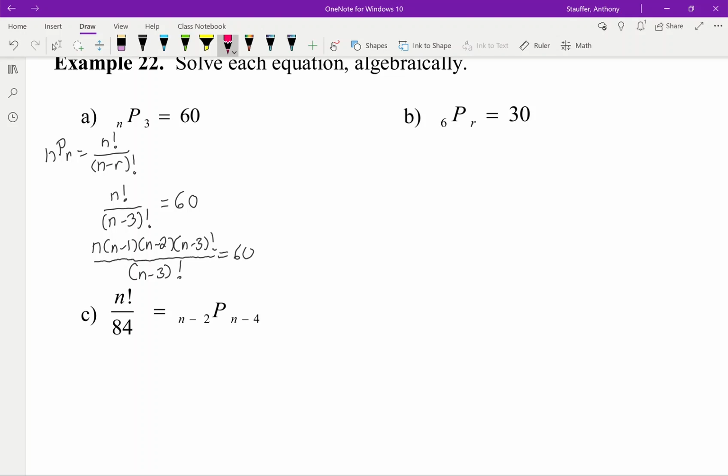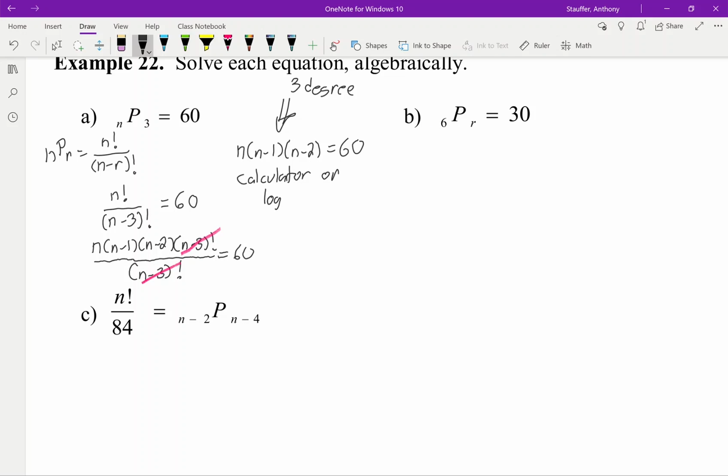And then I get my cancellations, which will be n times n minus 1 times n minus 2, and then this will equal 60. Now at this point, you'll realize that this is basically a 3-degree equation. And algebraically, you guys are never going to be expected to solve a 3-degree equation on this. So at this point, it's either going to come down to calculator